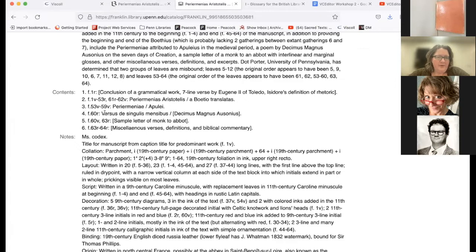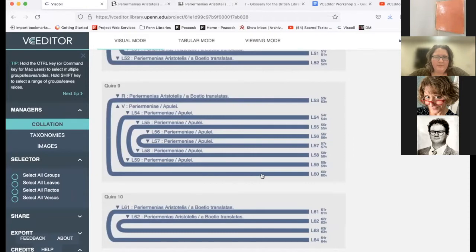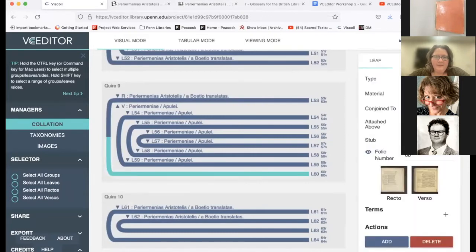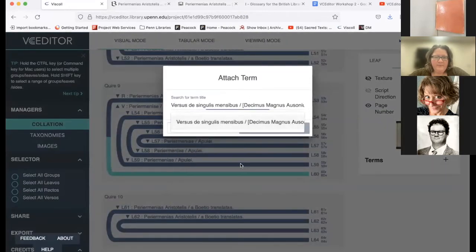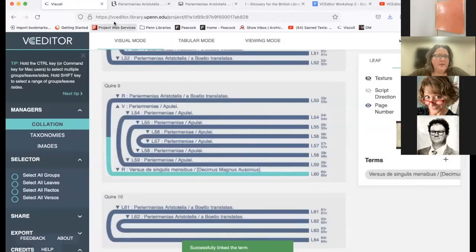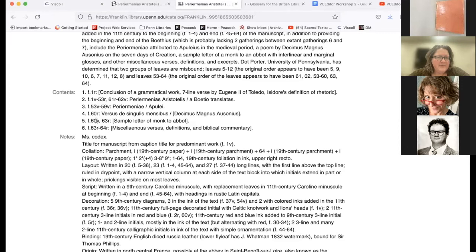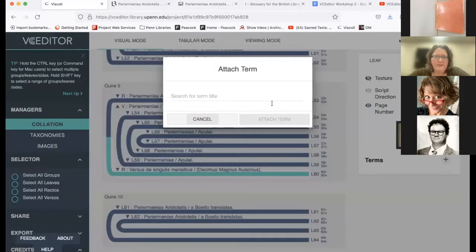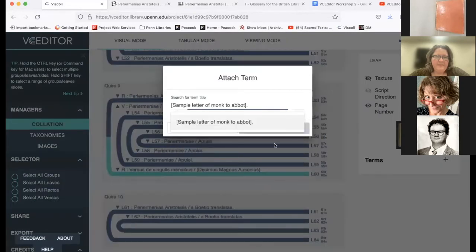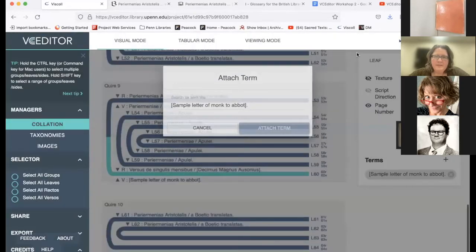60 recto, we have this poem. So let's go to 60 recto. 60 recto has this versus there, attach. And then, 60 verso and 63 recto has the sample letter of monk to the abbot. 60 verso, sample letter of monk to the abbot, and